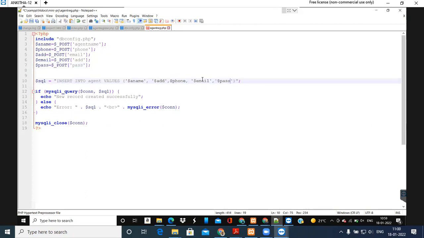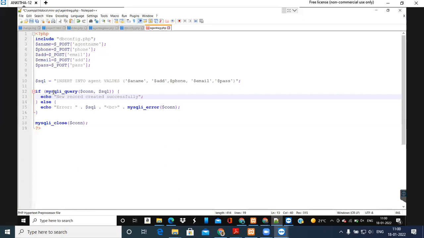So now we have all the five pieces of information, and we created a query. This query you store inside one variable, within double quotes, so you pass it as a string. So now the query is ready, the connection is ready. Then you execute your query.